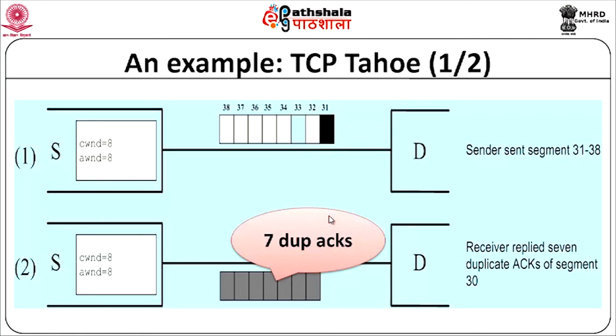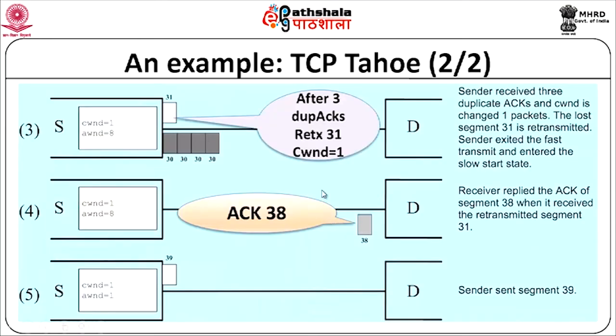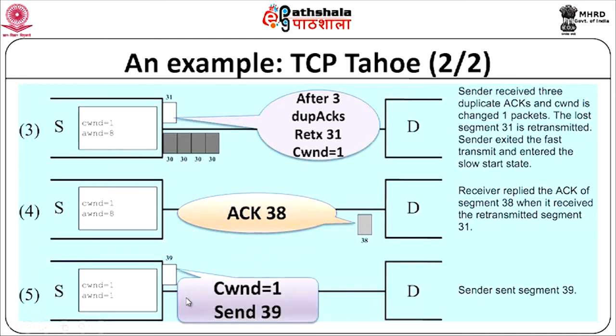Now, this is an indication obviously that something is going wrong. So, you can actually move into the fast retransmit phase. After 3 duplicate acks are received, your sender will retransmit packet number 31 and set the congestion window value as 1. Okay. When that is transmitted, because only one packet was lost, the receiver will send an acknowledgement for 38, because it has now received 31 to 38 correctly. Based on this, the sender has got 38, so it will keep the congestion window at 1, go into slow start and send packet number 39 and move on from there, right. So, this is what will happen in TCP Tahoe.